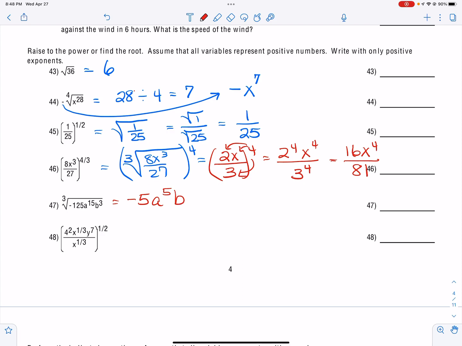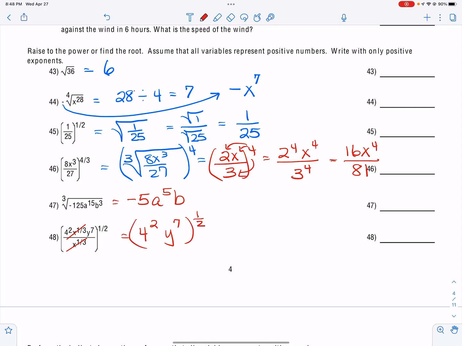Now, when I have a big group in parentheses, I always check to see if there's something that I can simplify before I'm applying that radical. And so right off the bat, I see an x to the 1/3 power in the numerator and an x to the 1/3 power in the denominator. So that's going to eliminate because that makes 1. And so now I'm going to take 4 squared and y to the 7th, and I'm going to raise that